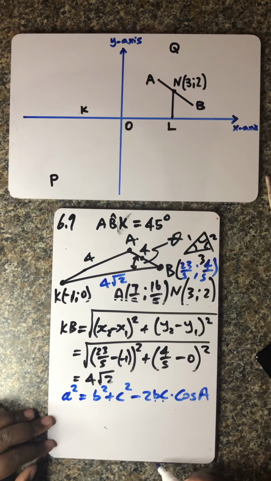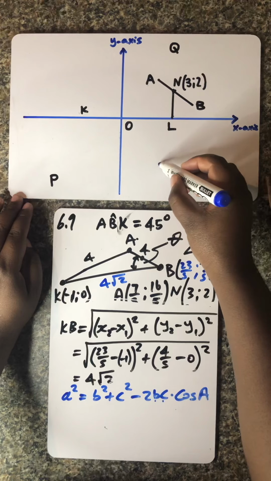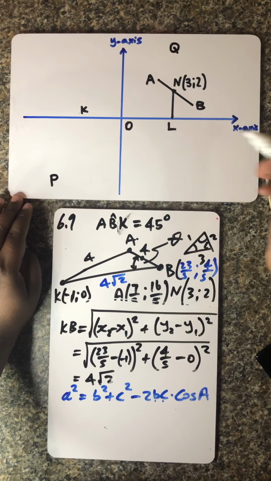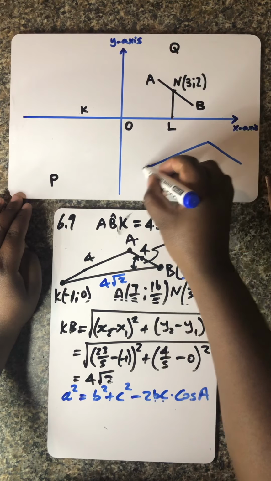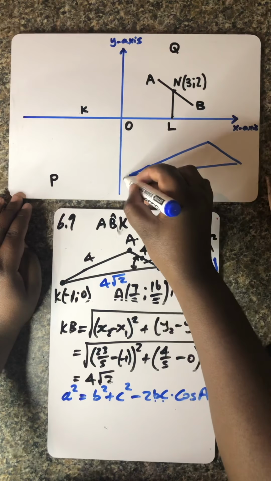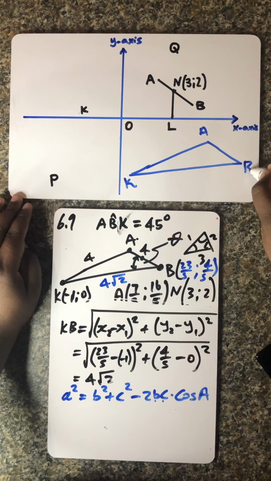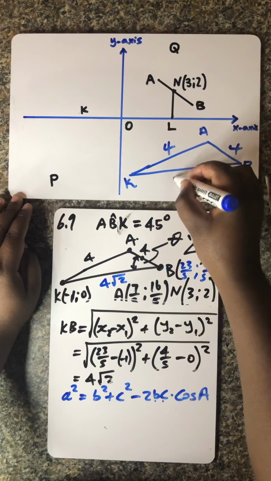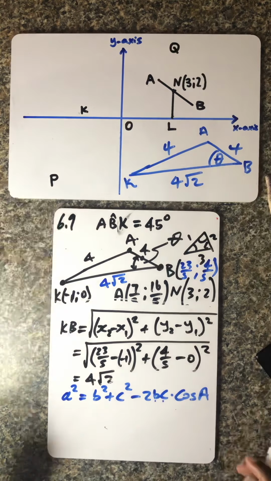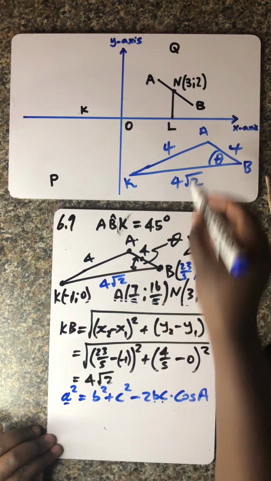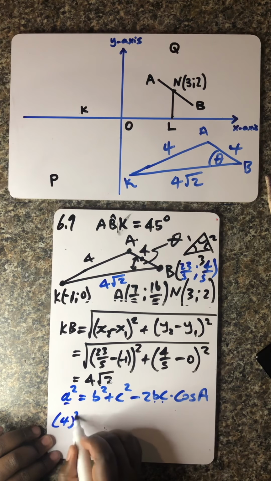So in this case, ladies and gentlemen, maybe let me just draw it there to say, what is it? Okay, I think this is what we're actually dealing with, where this is that K there, this is A, this is B. We know this is 4, this is 4, this is 4 square root of 2, and this is the angle that we want to calculate. So in this case, our A, it's that 4. Okay, so in brackets, it's 4 squared,